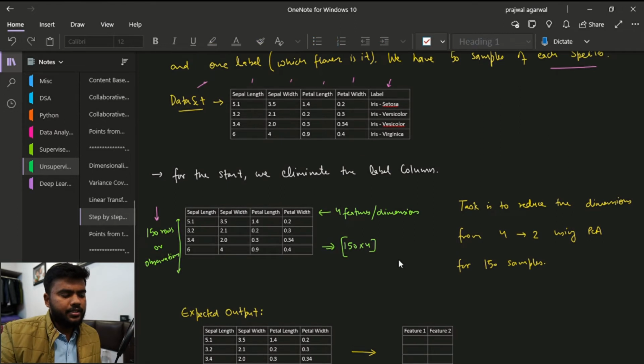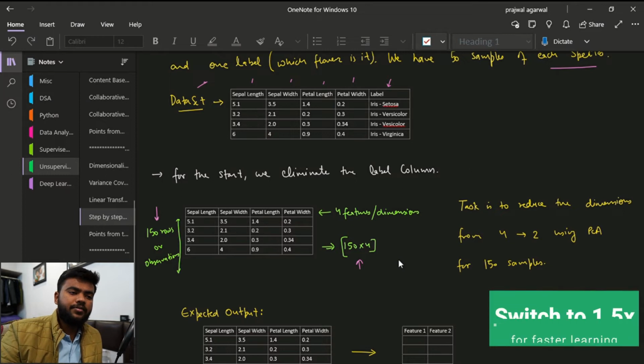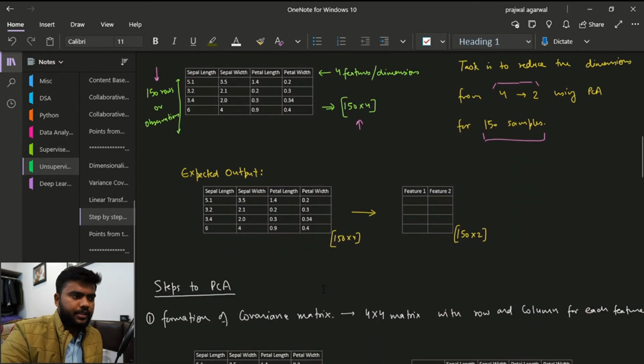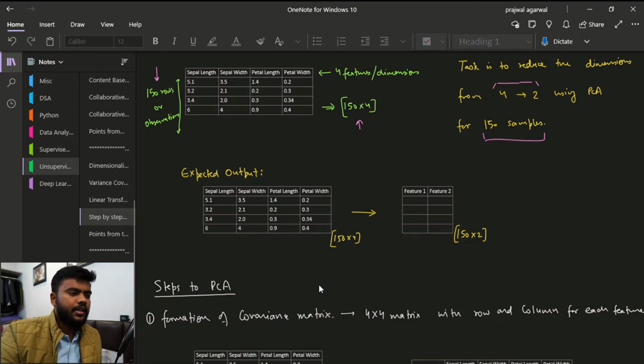So the shape of our input data is going to look something like 150 by 4, and our task right now with principal component analysis is to reduce the dimensions from 4 to 2 for these 150 samples. So the expected output is that we perform principal component analysis, and this data of 150 by 4 should become data of 150 by 2.